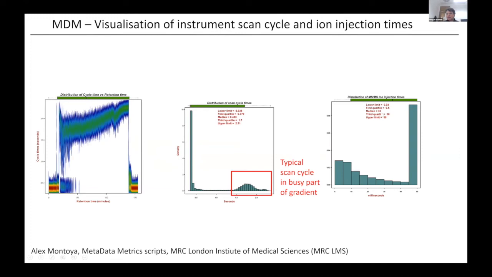And then we see here that there's a very high number of spectra that took a whole 50 milliseconds to generate. 50 milliseconds in this experiment is because the instrument setting specified that the maximum time we allow for this process to occur is 50 milliseconds. So if the target number of ions has not been reached, we set a hard cutoff and then move on to the next MSMS spectrum to be generated. These kinds of instrument settings are part of the MS acquisition method, and this is just showing a real example of one of these